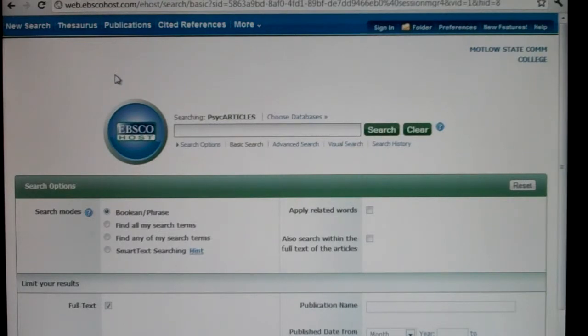So here's the deal. If you get a result for an article that you think may be useful, and it's 40 pages long, and you're not exactly sure if it is going to be useful or not, it just seems like it might be, a lot of these articles have something called an abstract. And most of the time, you'll have a little tab that you can click on the abstract. And the abstract will give basically the main points of the article. You can read the abstract. It's usually just a paragraph long,